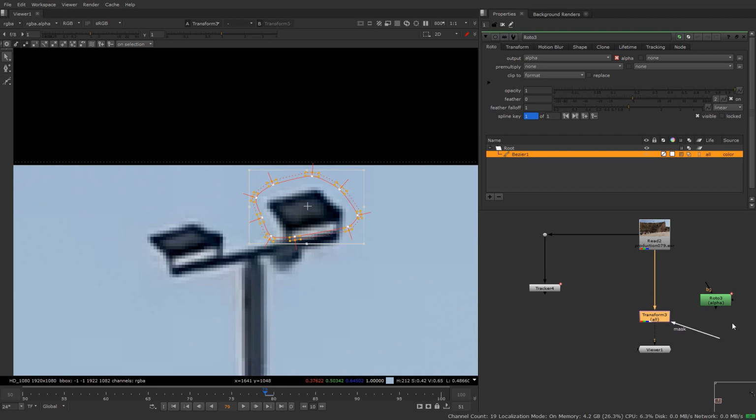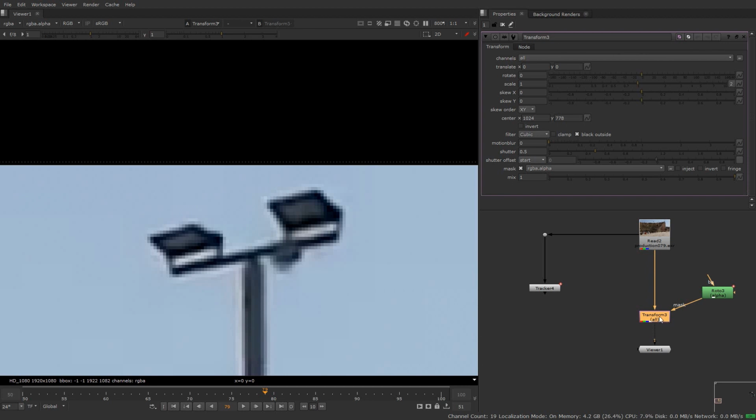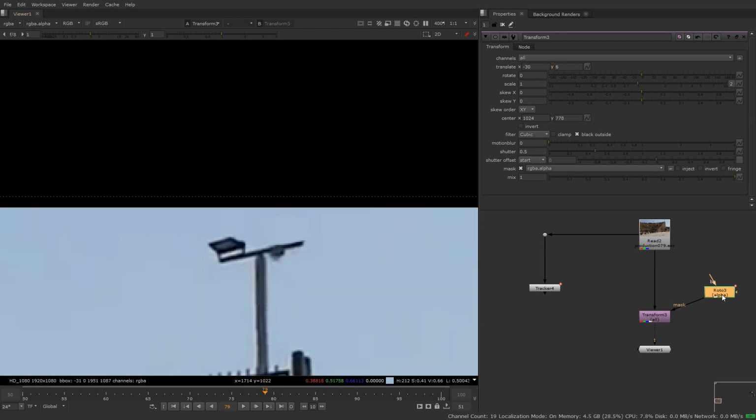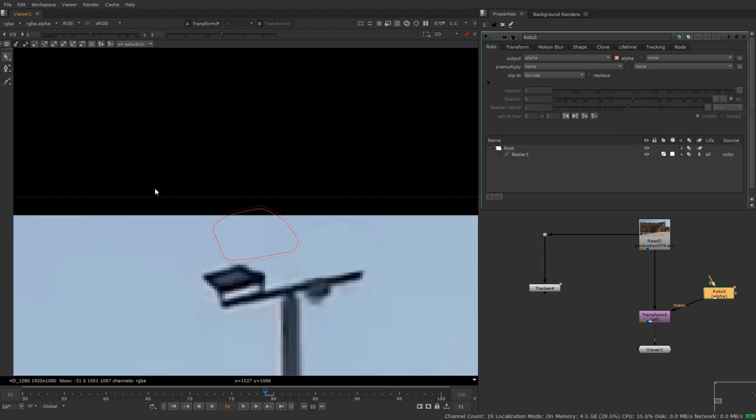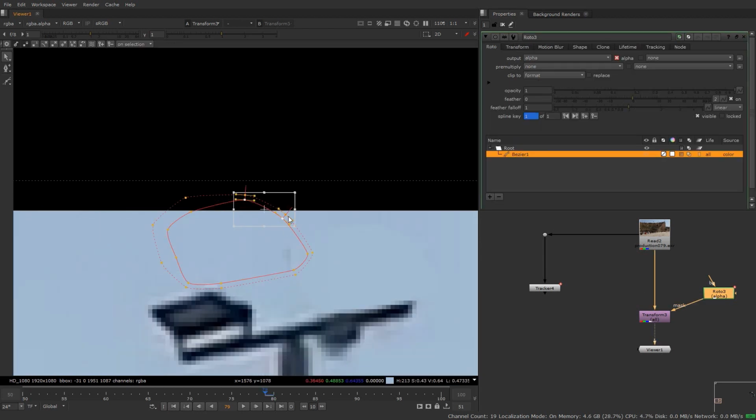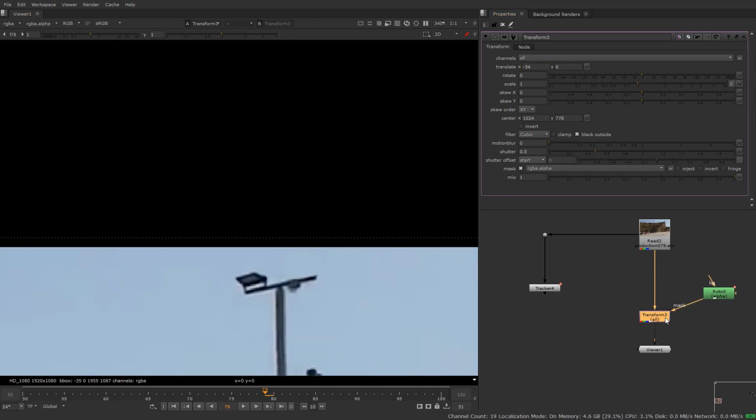Now connect this mask option in the transform to the roto node and double click on this transform to show up its properties. Now in the X, we will set it to negative. As you can see, it's moving out. We'll set it in Y also. Feather the edges of this roto node to blend properly. Now again come to the transform node and transform it more. Now here as you can see, if I disable this, you can see our light is prepped out from here. Similarly you can do this for this also.